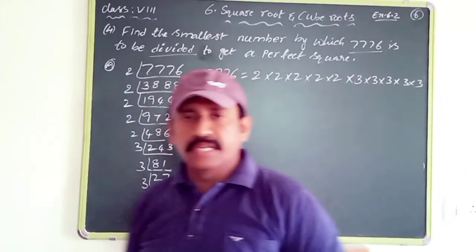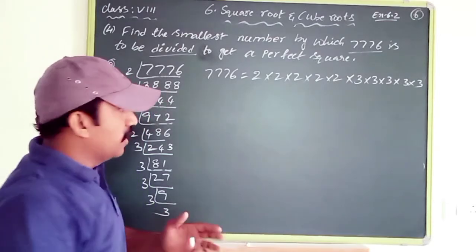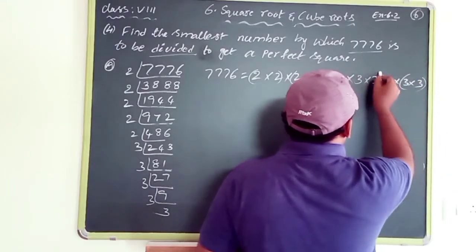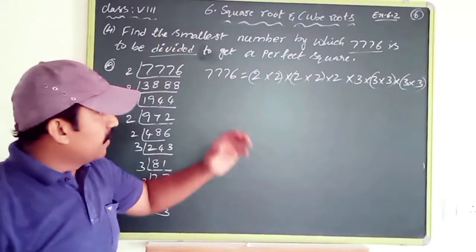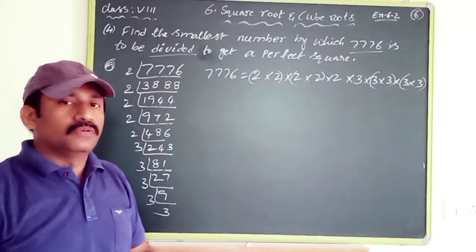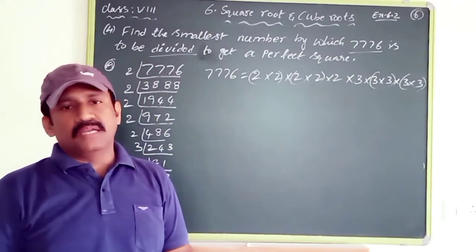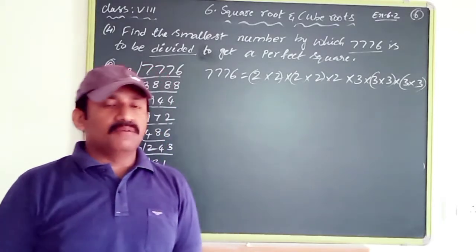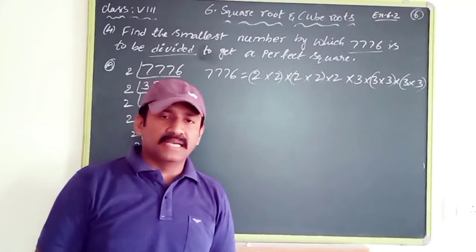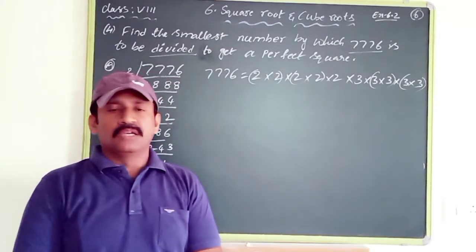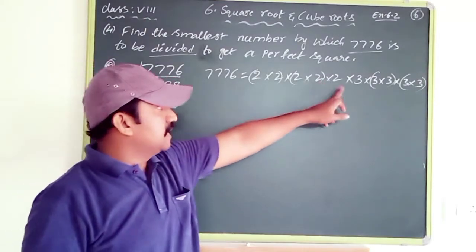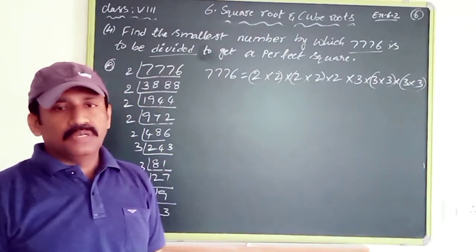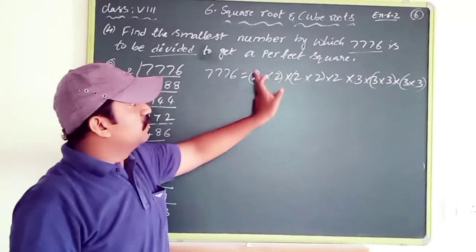Okay, so look at here, children. What is the pair in this? We have to select these two as a pair. These two 3s are a pair, these are a pair. But the middle 2 and 3 are there, so 2 and 3 are not a pair here. To get a perfect square, we should divide by a number. Can you guess what that number is? Yes, that is 2 and 3, means 2 into 3, 6. So 6 is the number without a pair. To remove that 6, we should divide by 6 to get a perfect square.